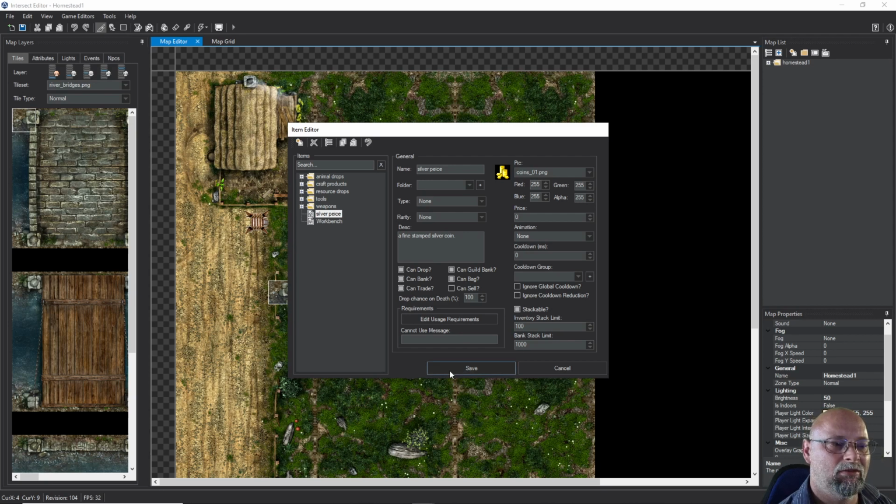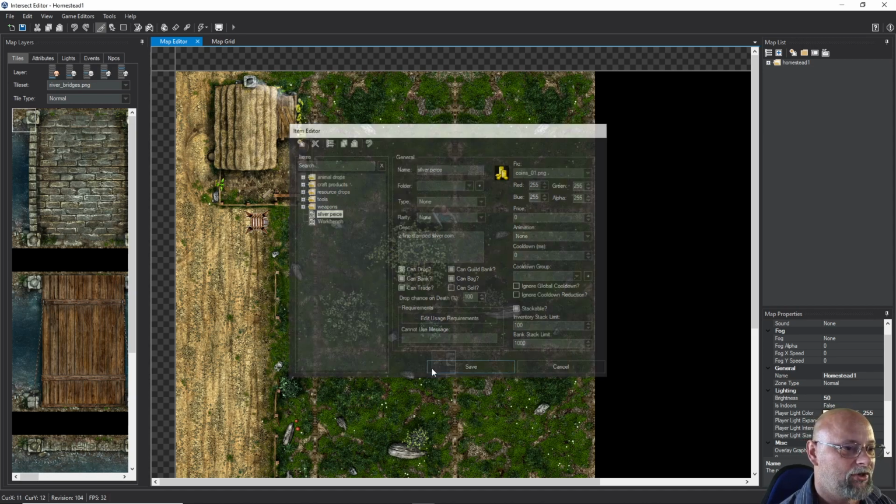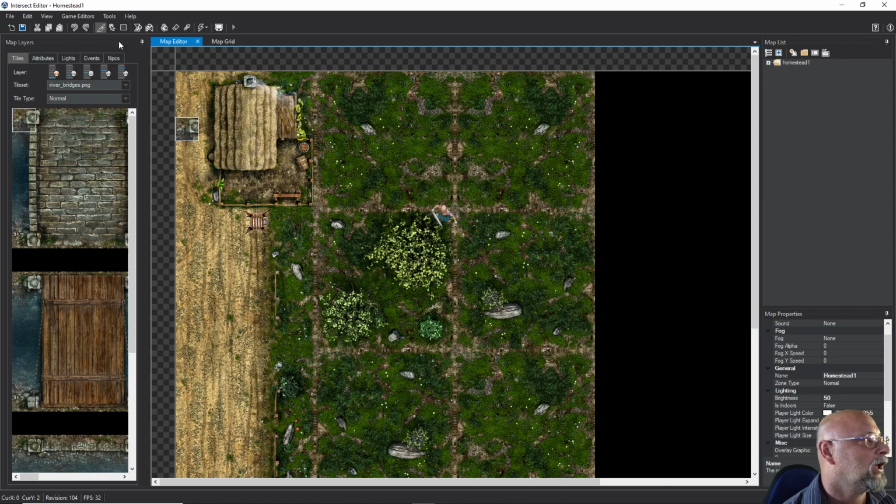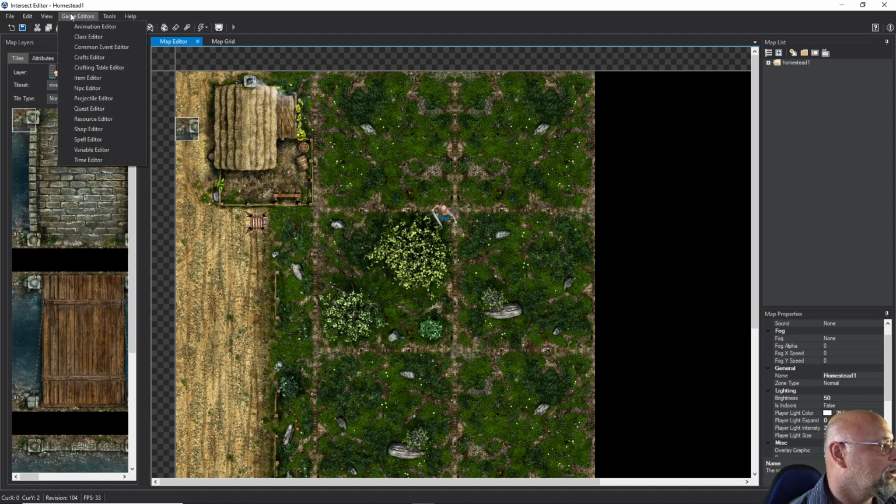I'm not even sure if I need to do this. I think I do, but anyway, I might be totally wrong on this, so yeah, save. Anyway, I think that I needed to do that because I think when you set up a store, you need to be able to trade money and stuff. So, all right, now we're gonna go into